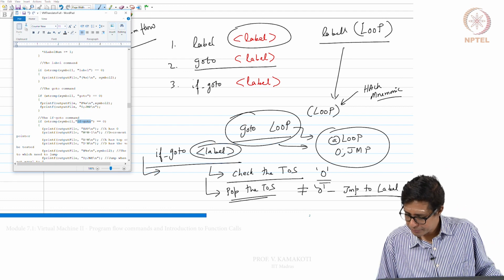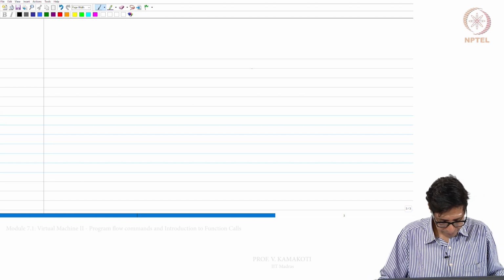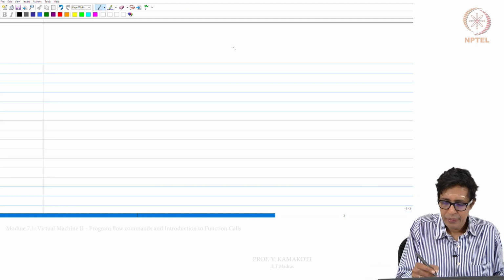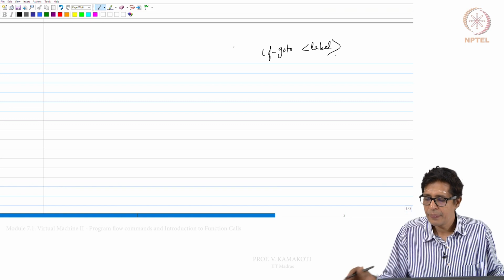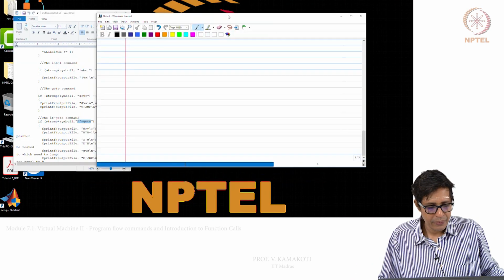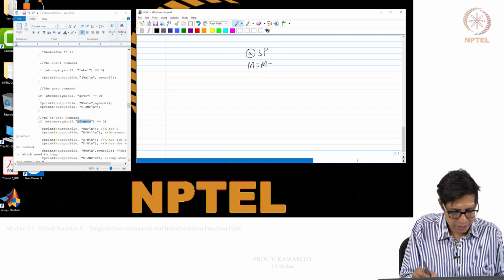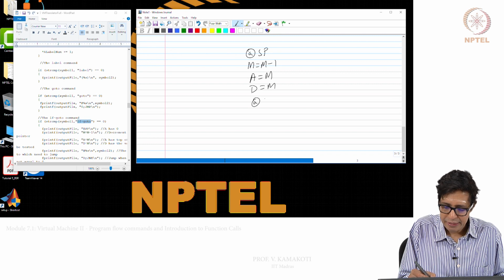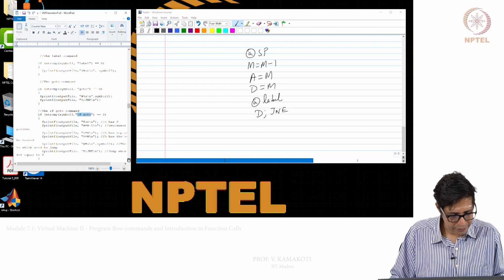For if hyphen go to, just copy this. So, at sp, m equal to m minus 1, a equal to m, d equal to m, at whatever label, d semicolon jne, and that's it.